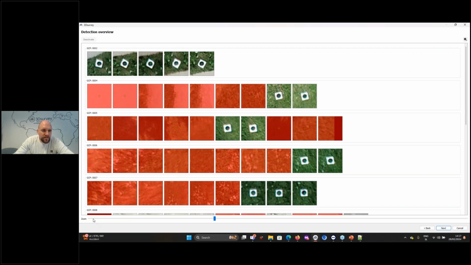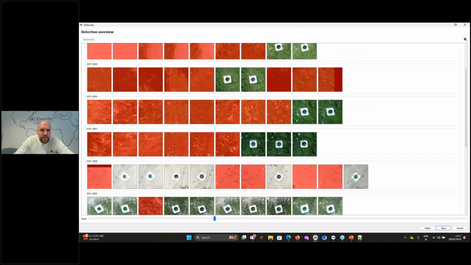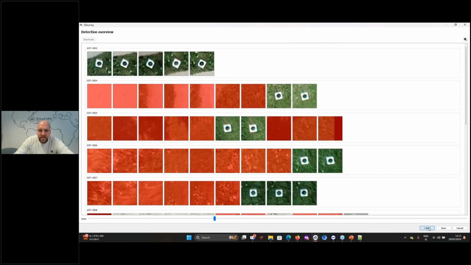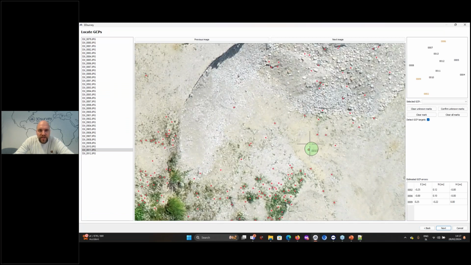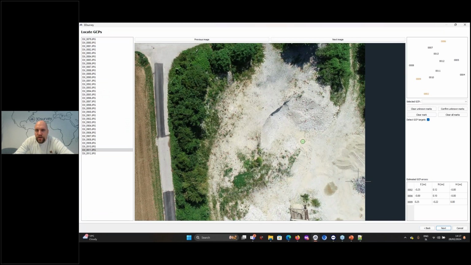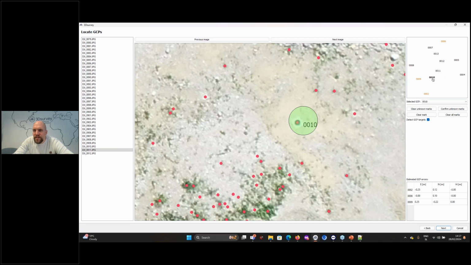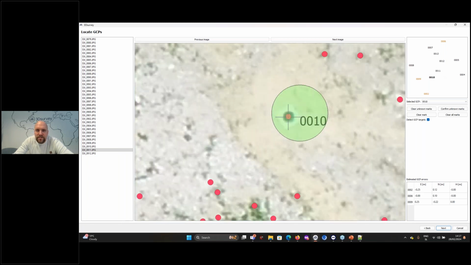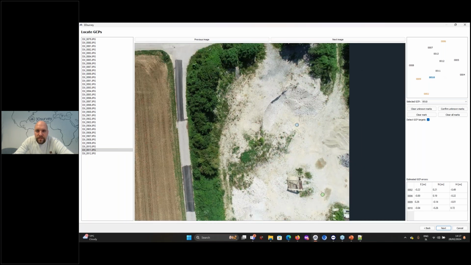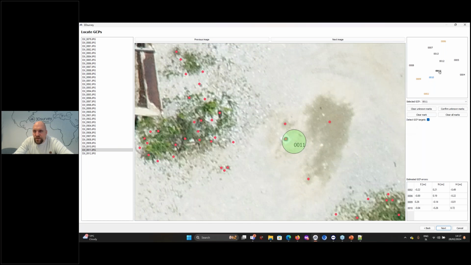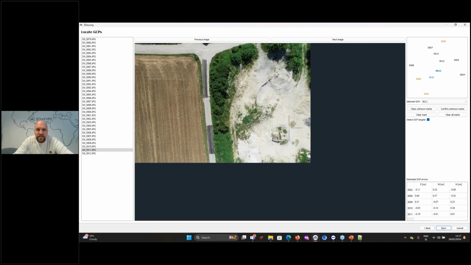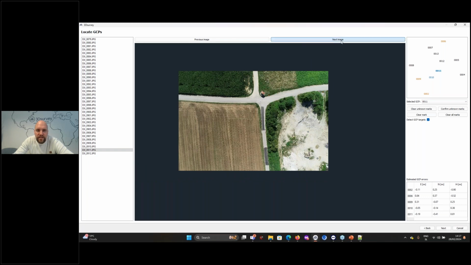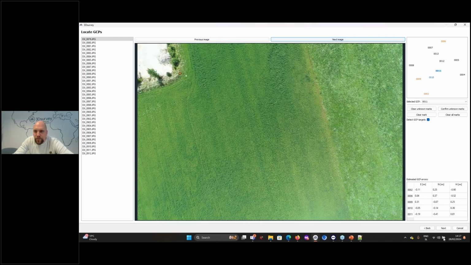Oh, wait. Maybe we just need to improve it slightly, because I think I did not click one well enough. I'll just say number 10. Actually here, I think some of them were too close to the edge and they did not get detected well enough. Now when I press next now